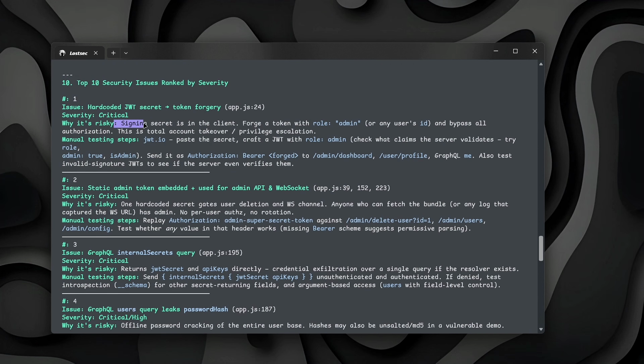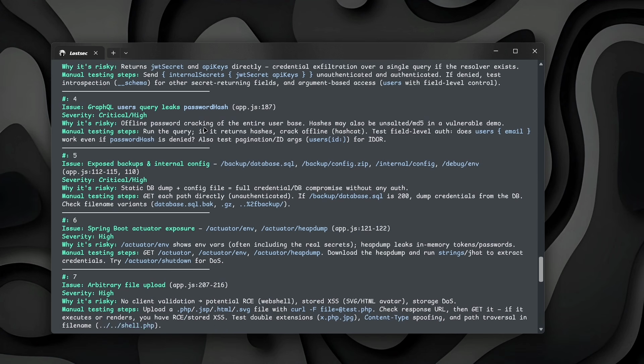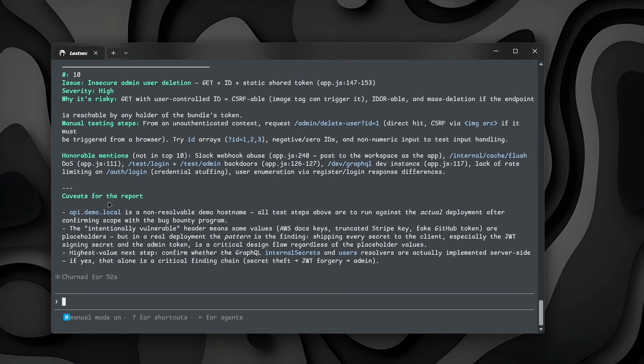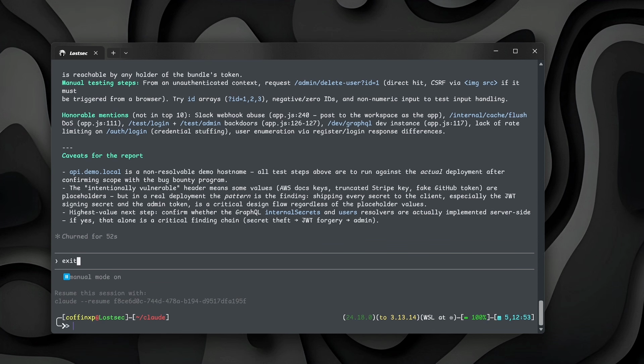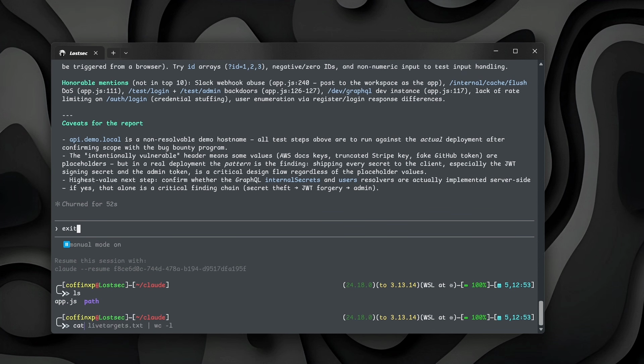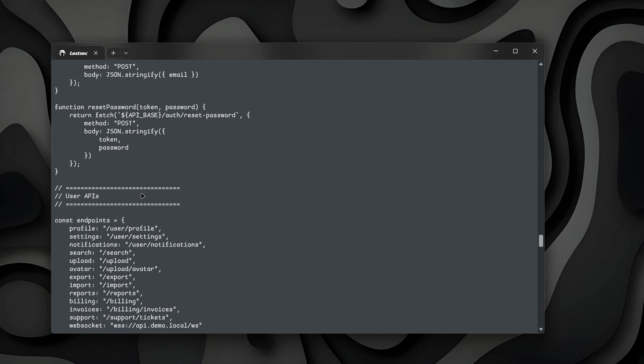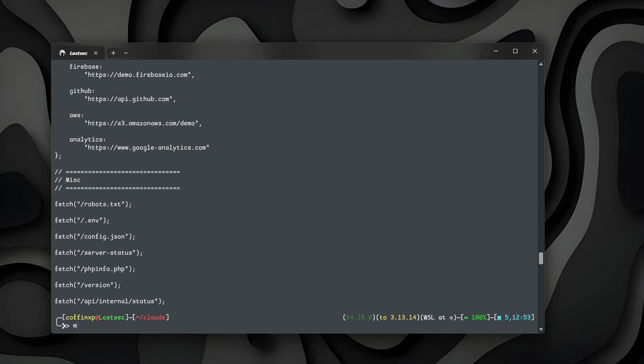It also explains each issue in detail, assigns an appropriate severity level, describes why the issue is risky, and even provides recommendations for testing or remediation. If you want, you can immediately ask it to generate a professional bug bounty report based on these findings. Now, just to be clear, this app.js file was intentionally made vulnerable for demonstration purposes so you can clearly understand